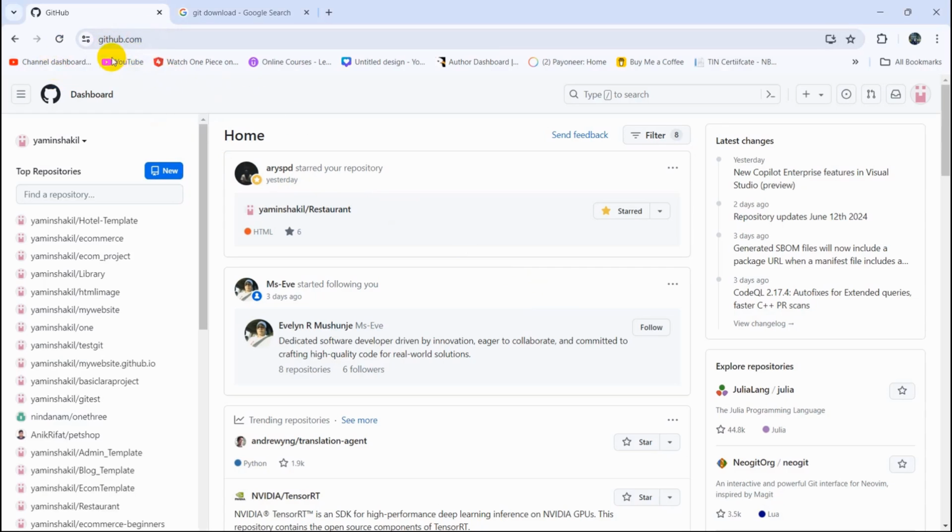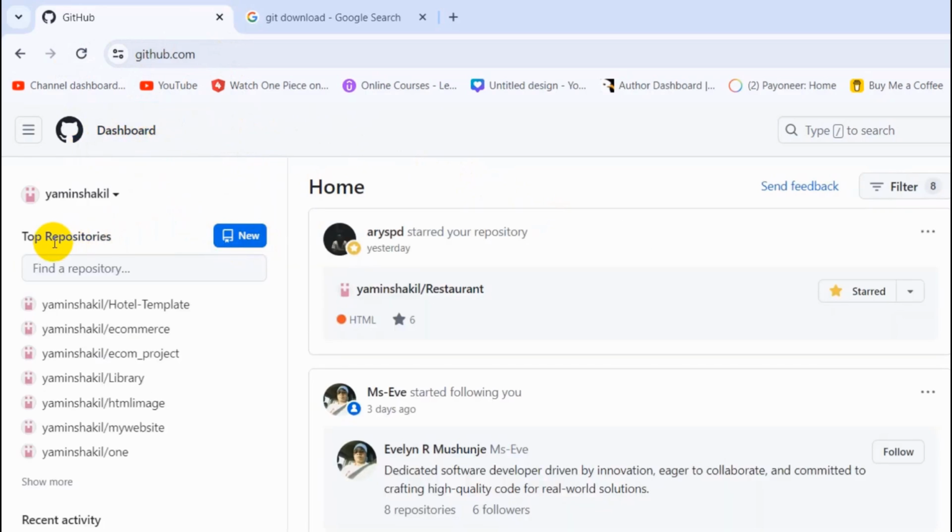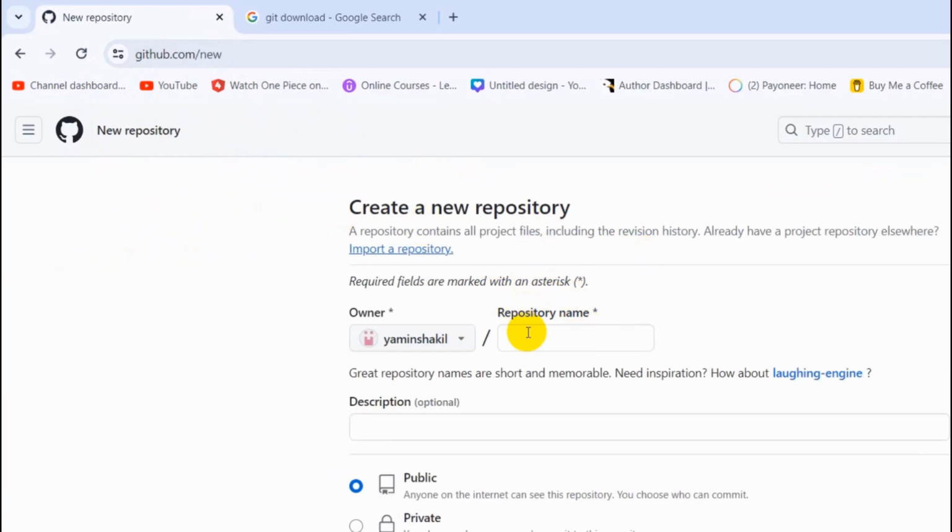So first of all, you need to log into your GitHub account. Then you need to go to your dashboard, and once you go to the dashboard, you will see this top repositories and this new button. Just click on this new button. Then it will take you to this page, and here you can see repository name. So you need to give a name. Let's say here